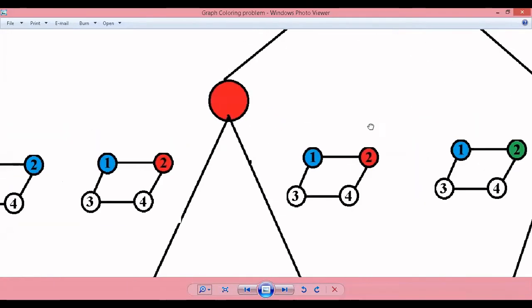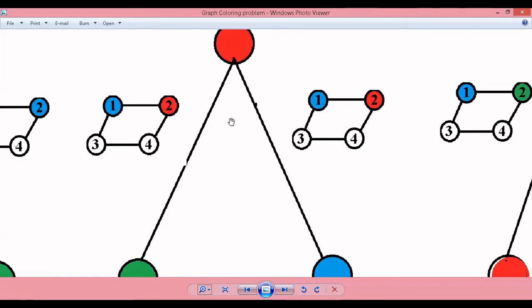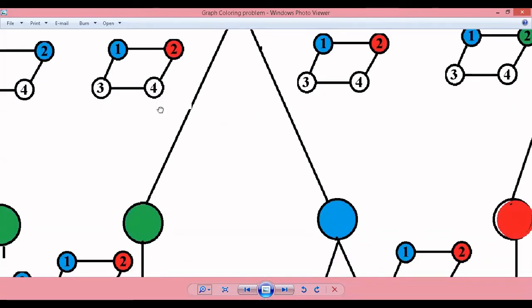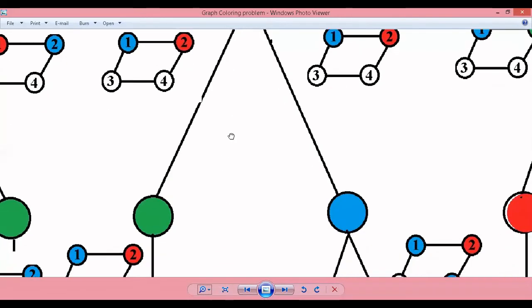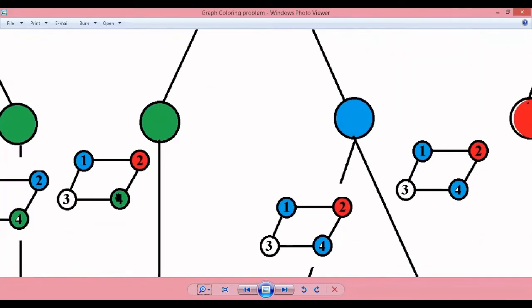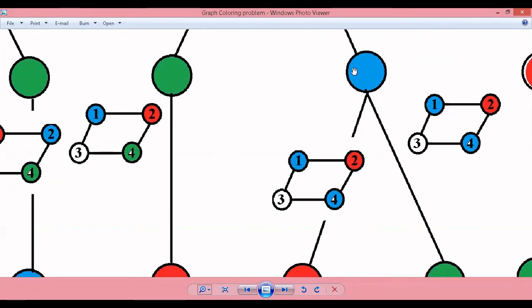Now coming to my third node. Actually, see the hand, this is my third node. This third node cannot take red, because it is adjacent to 2 and 4, and since the fourth node is not colored yet, it should not take red. Either it can take blue or green. So two choices. When it takes green, the third node is colored green. When it takes blue, the third node is colored blue.